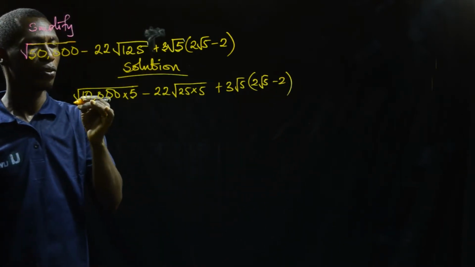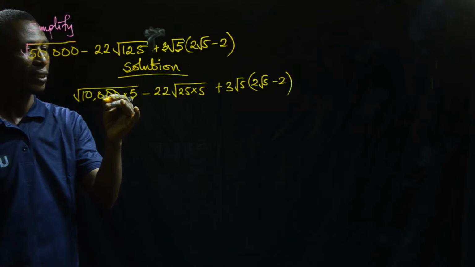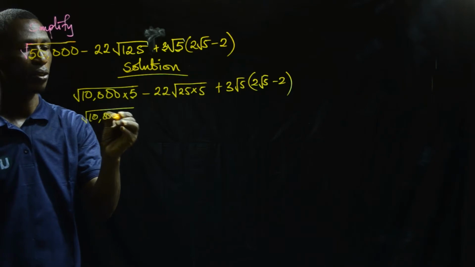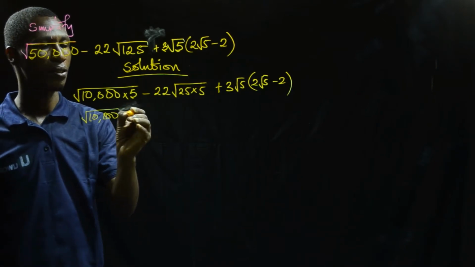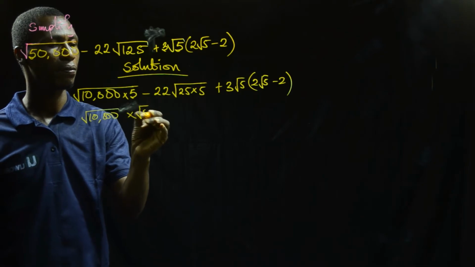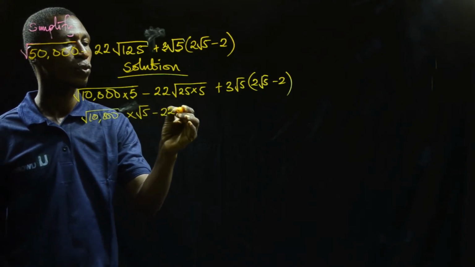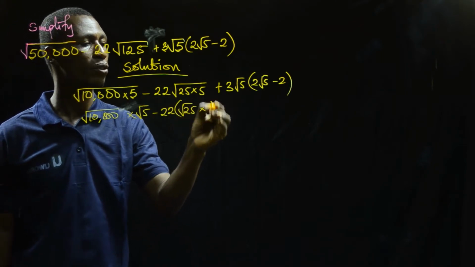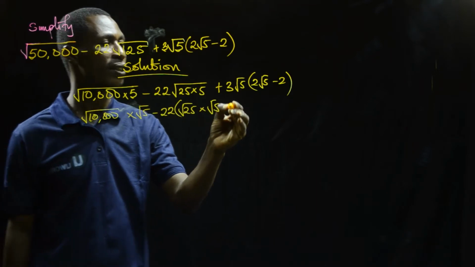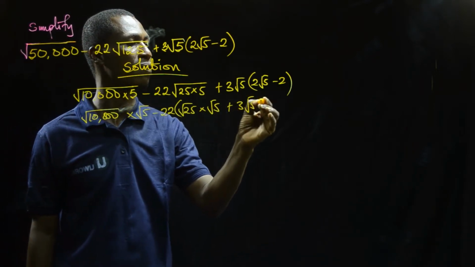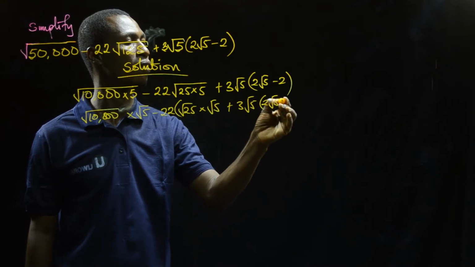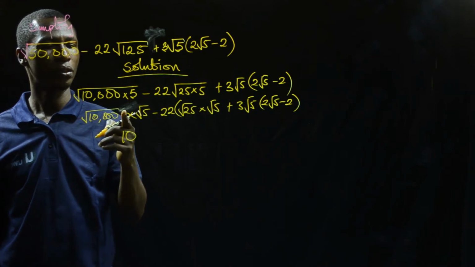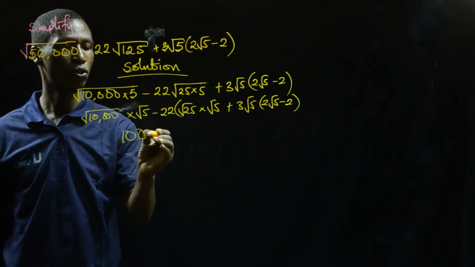Okay, so let me do it simply. I have root 10,000 times root 5, minus 22 into bracket root 25 times root 5, plus 3 root 5 into bracket 2 root 5 minus 2. Good. So root 10,000 will give me 100. So I've got 100 root 5